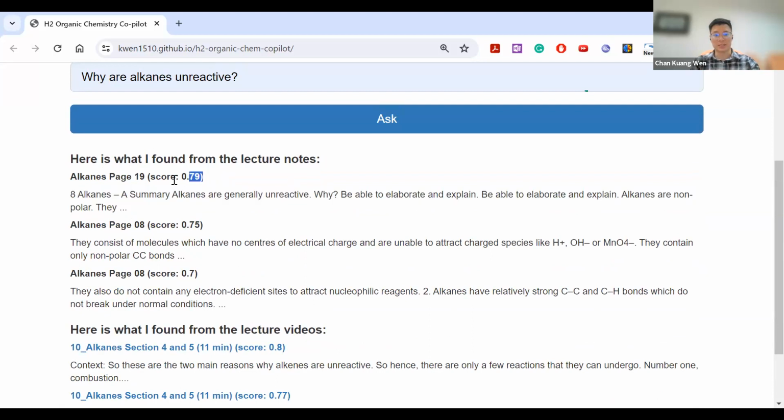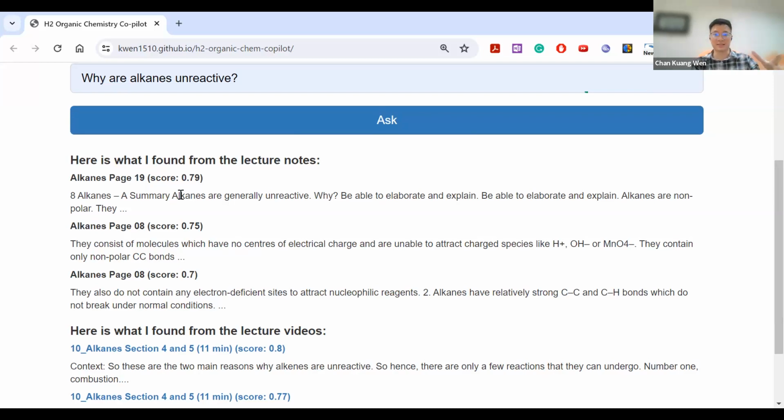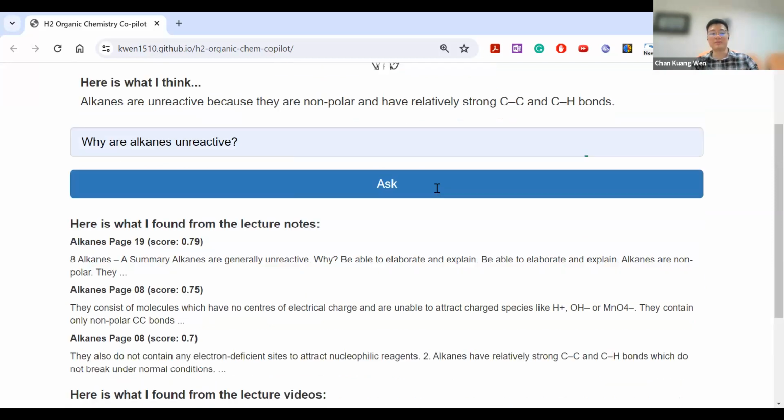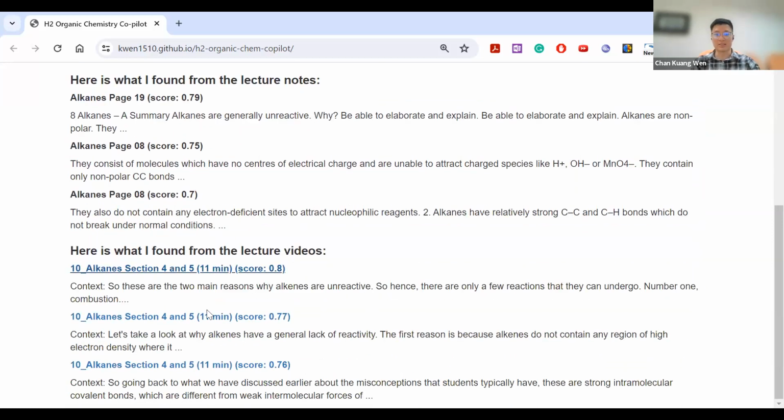Students can look at the score to decide whether it is actually worth opening and flipping to that page. So this is an assistant that helps students study faster and more effectively. It's not really there to give the answer. That's why the generation part is not something that I'm very proud of, but I actually want my students to be able to access some of this.